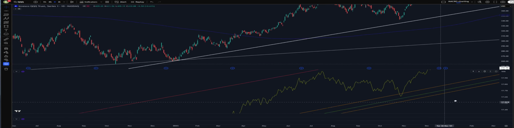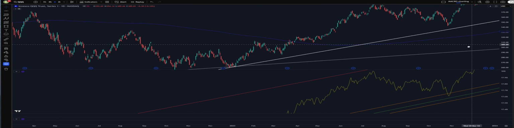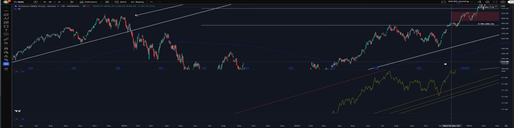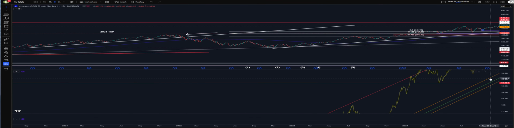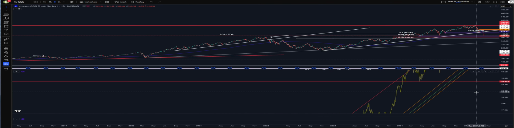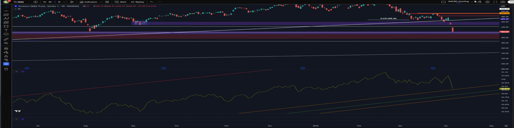So then what happens in 2023, the October low? We go through the deviation channel, between the deviation and the true line, which was the bottom of 2023, in which we super rallied again. You see that? So where are we at now? That's the question. This is where we're at.